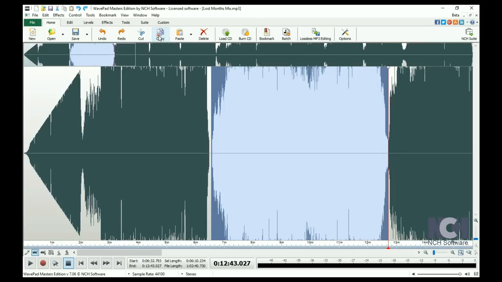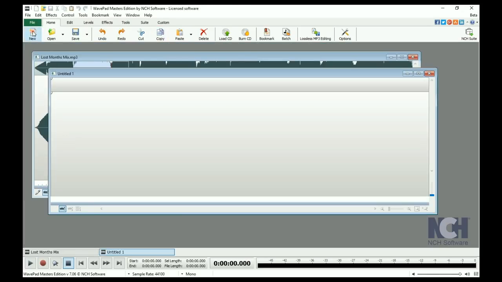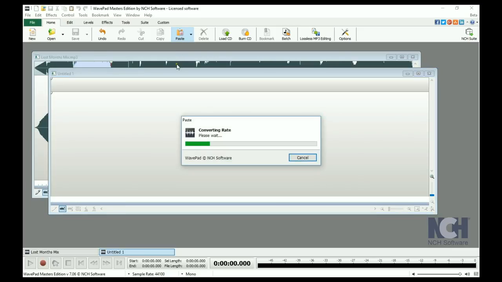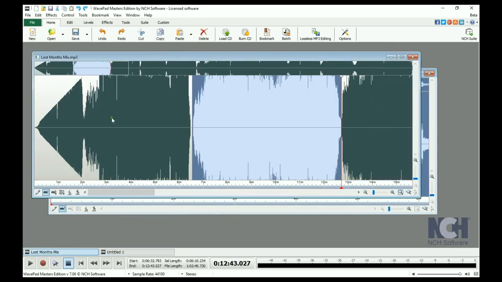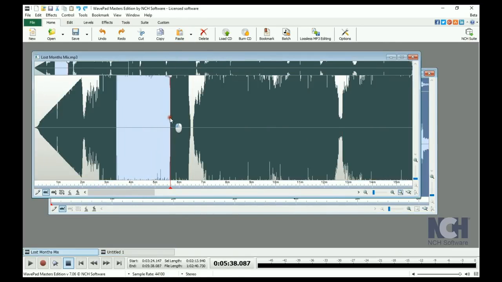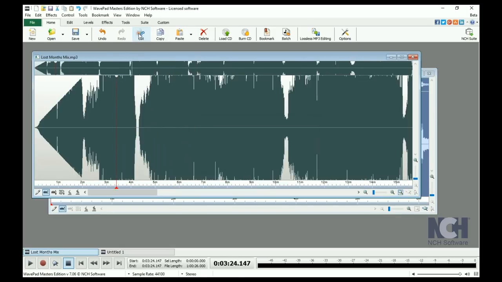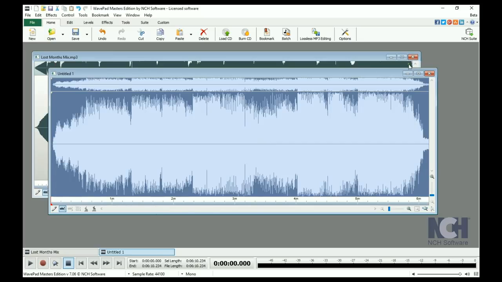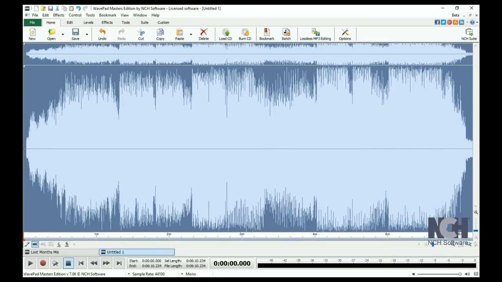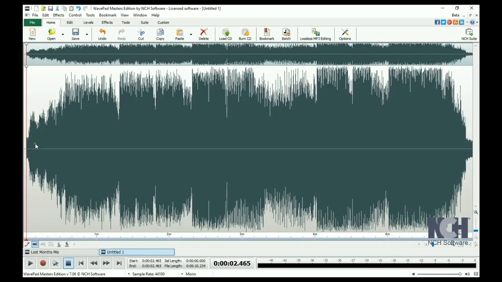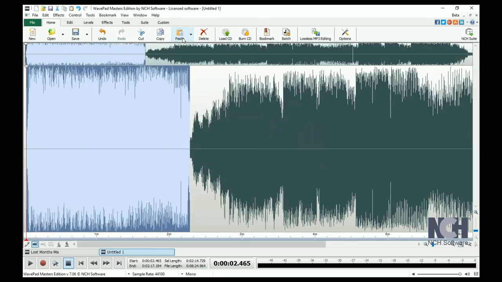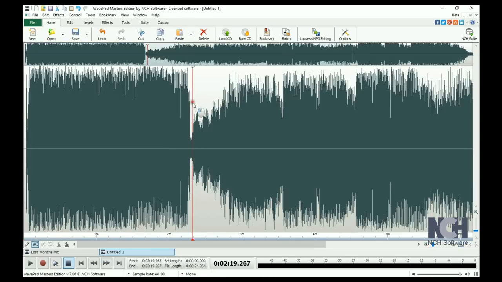Clicking on copy loads the selection onto the clipboard so that you can paste it elsewhere while preserving the original selection. Similarly, clicking on cut also loads your selection onto the clipboard, but removes the selection from its original location. After using copy or cut to load a selection to the clipboard, go to the new location, click at the spot you want the selection added, then click the paste button.